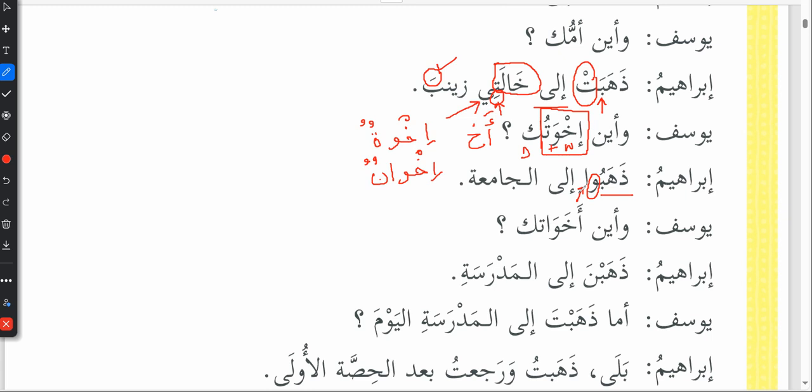ذهبوا إلى الجامعة. So they all went to Jamia, the university. His brothers all went to the university. Yusuf says, meaning his maternal uncle is asking Ibrahim, وَأَيْنَ